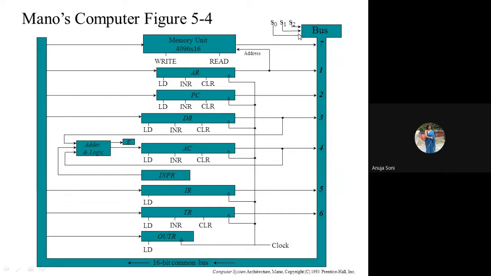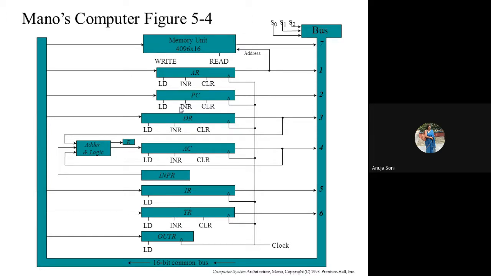So what are we doing there? First of all, the value of S0, S1, S2 will become 4. As and when it becomes 4, the contents of AC will be transferred to the common bus. It will traverse the common bus, and the load signal of DR will be enabled. When it is enabled, data will be transferred from the common bus to DR. Right? But again, we don't want a second changed value of S0, S1, S2. It will remain fixed because we have to execute these two statements simultaneously.